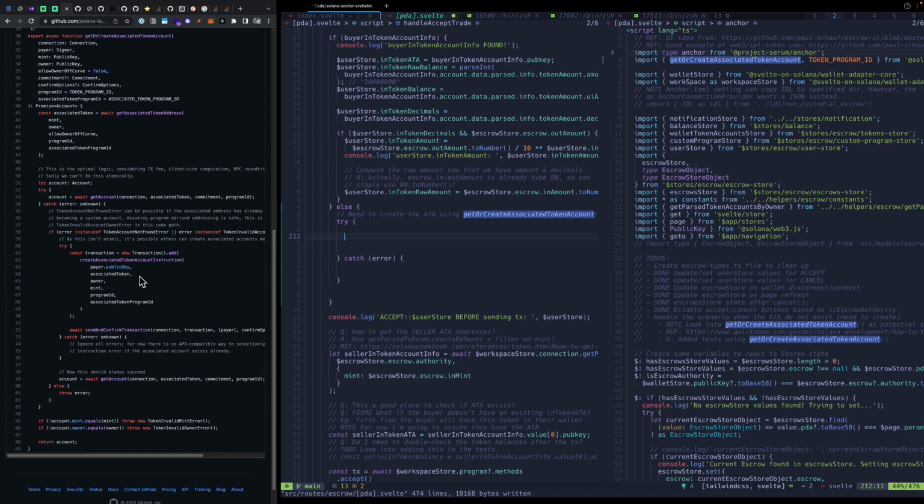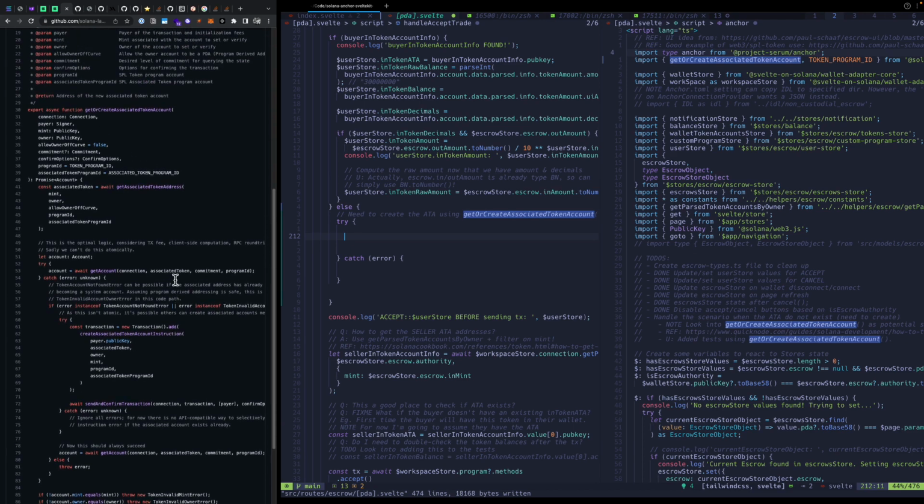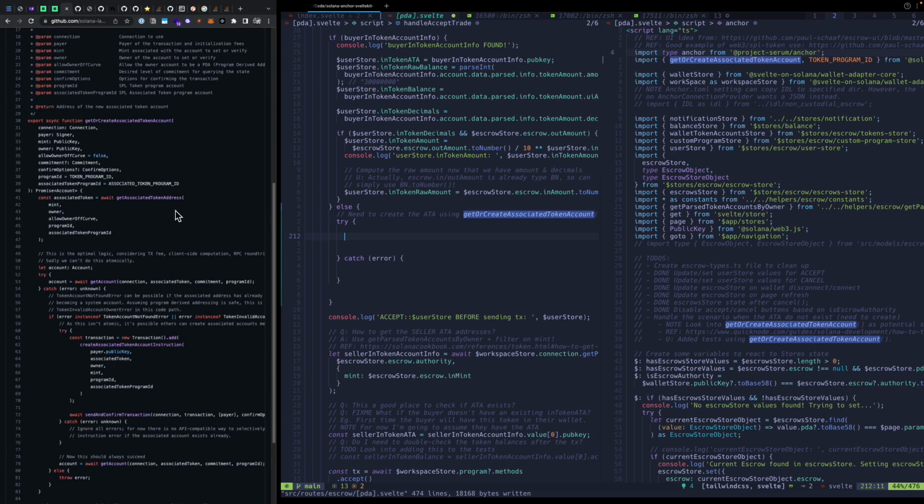Create associated token account instruction. Yeah, it does all this stuff. So, all right, well,